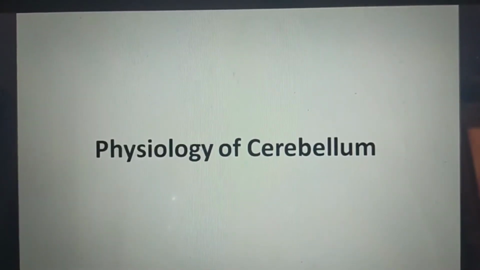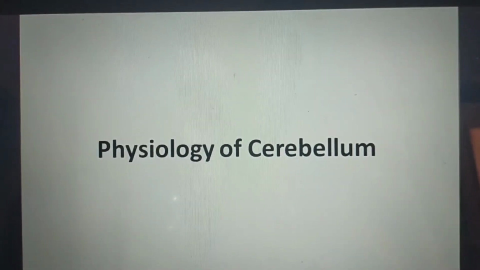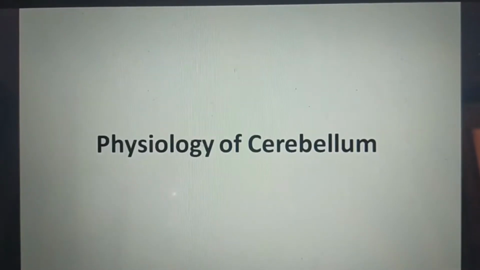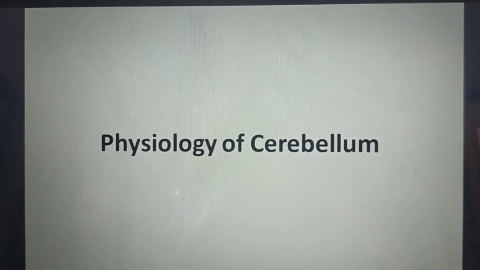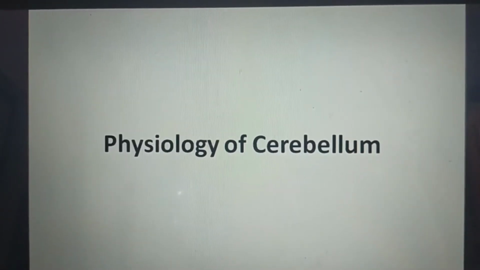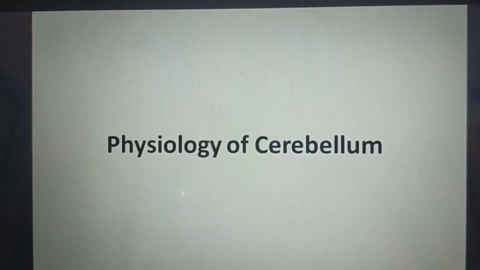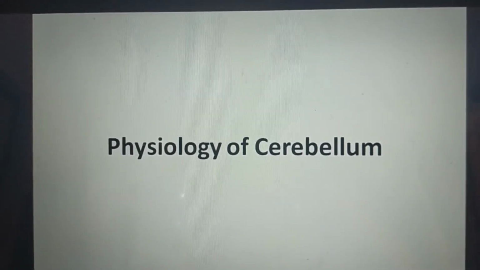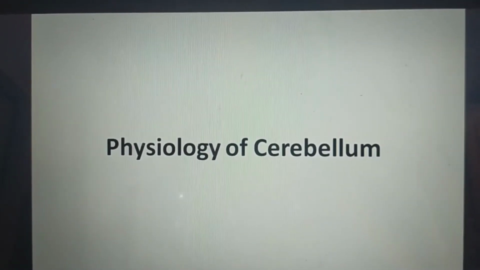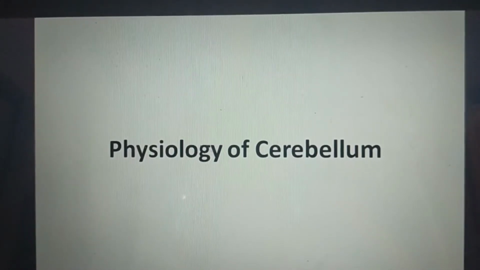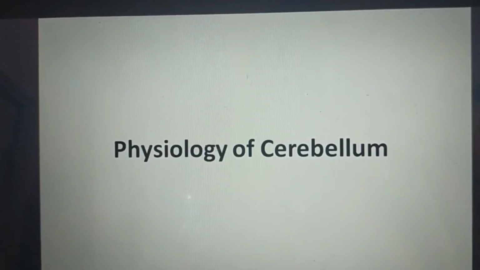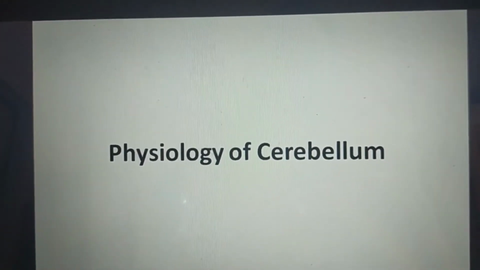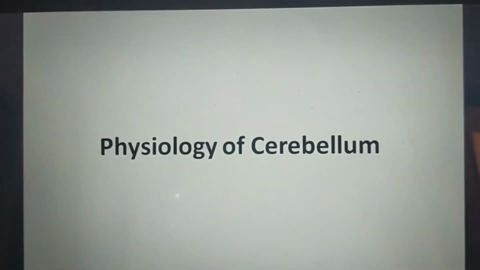So we are going to start the next topic of central nervous system, which is the physiology of cerebellum. Cerebellum is again the part of brain. So CNS and physiology, while writing this down, we really need to understand this. Again, it is being asked in 5 marks as a function of cerebellum, or you have to write down the physiology of CNS. So in that you have to include this in 10 marks. Right? So let's start.